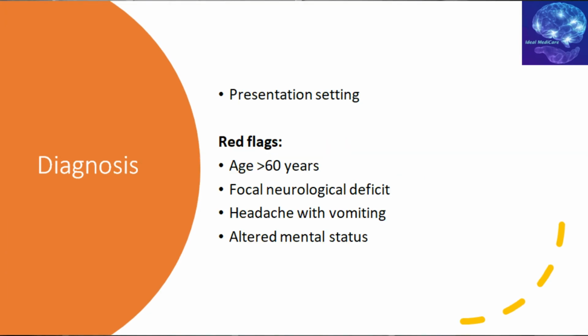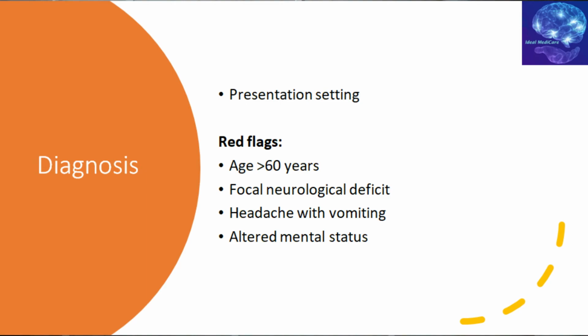Now, it could depend on the presentation setting. If the patient is coming in the emergency room, it could be stroke, and a toxic screen may be very well needed. Additionally, these patients may need naloxone or thiamine as an initial medication, besides treatment based on the etiology, what we find out on the blood test and the imaging.